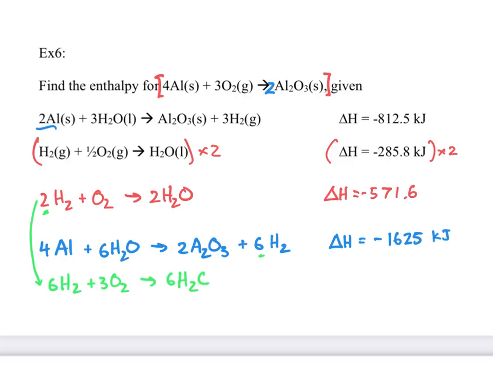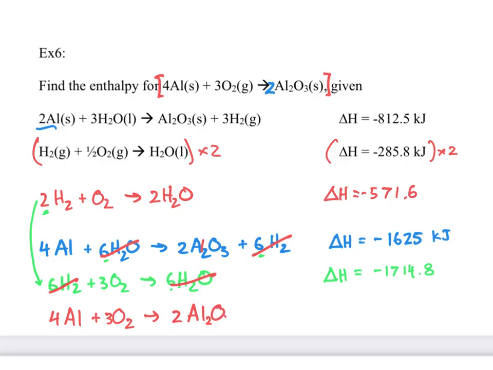Oh, and look at that beautifully. It also works out that the 6 waters will eliminate. Okay, and yes, that will indeed eliminate some of those undesirable components. No more hydrogen, no more water, and the final result is the equation that I was looking for. Oop, wow. 2Al2O3 with an enthalpy of,